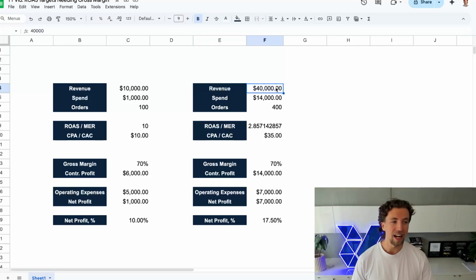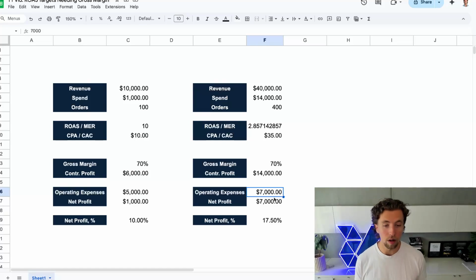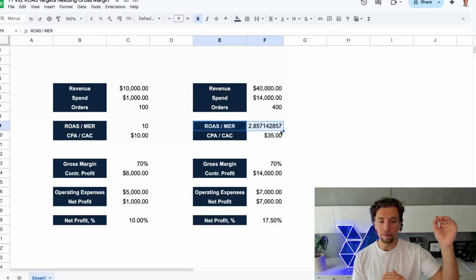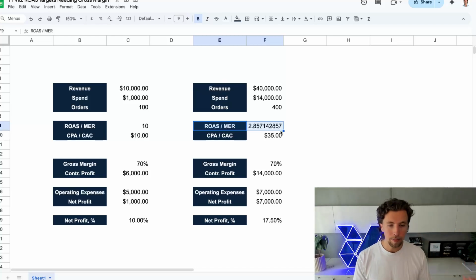Okay, you might say that, hey, once we're doing $60,000 a month in revenue, we actually need to make another hire within our warehouse because there'll simply be too many orders to fulfill. And that's actually going to add an extra $4,000 onto our OpEx. And you can go, okay, well, if that's going to add an extra $4,000, we can forecast that in. And we can go, well, at this revenue level, you're going to do $11,000 in OpEx. And so actually, we can't allow your efficiency to drop to this level because of that additional expense that you're going to have to incur. And so now we know that we actually can't drop that low. We need to stay at a 4 or a 5 at that scale to be able to cover the increasing operating expenses to be able to actually operate at that revenue level.